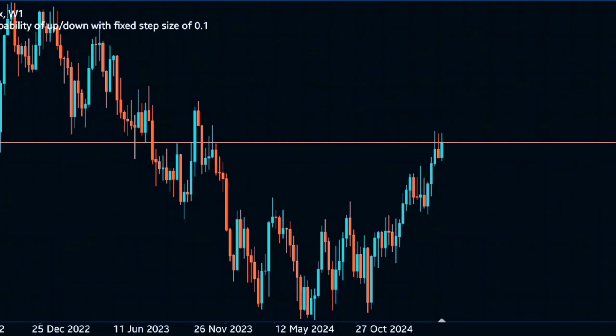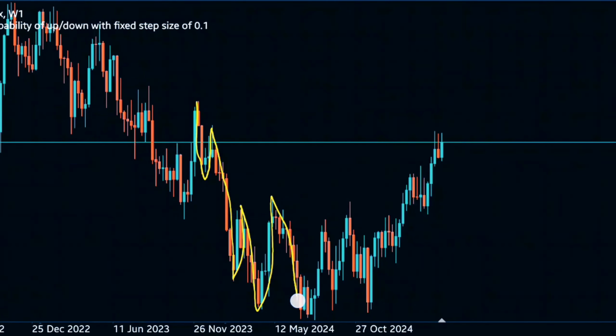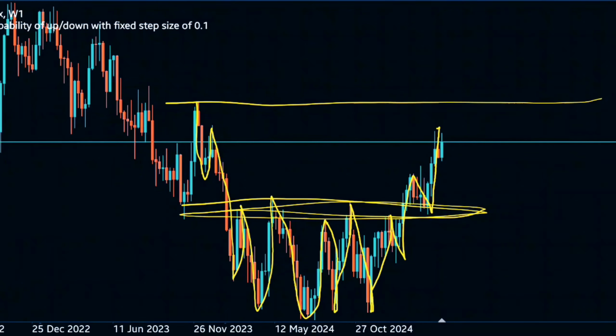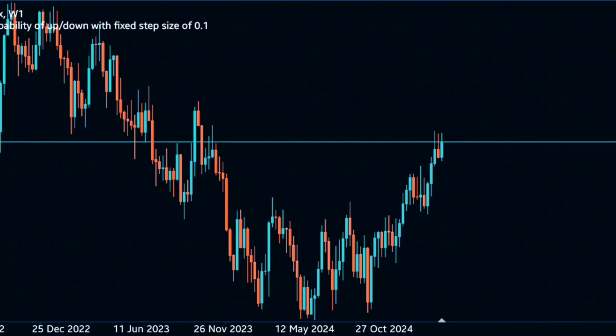So as you can see, we went lower low, lower highs, lower lows, lower highs, lower low, lower highs, lower low. Okay, lower high, then higher low, higher highs, higher low, equal lows, then this. Now we're here. So if you see, we broke above this area, and now we're coming here, and we're also coming towards this area also. So on the weekly, we are very much bullish.